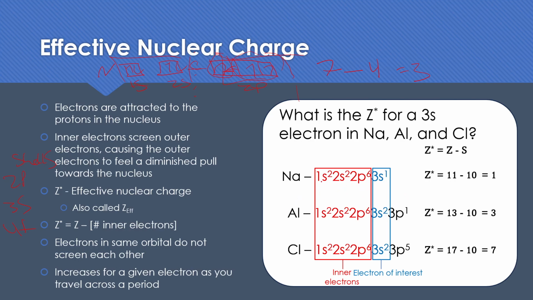And when we look at the periodicity of the periodic table, like the trends, you'll see that this trend shows up in the size of the atoms and how greedy different elements are for electrons. So let's do some practice. So what is the